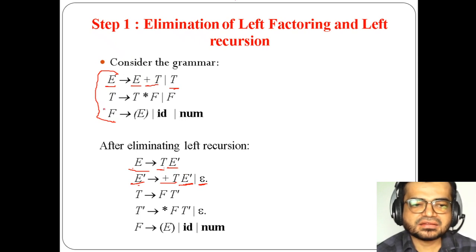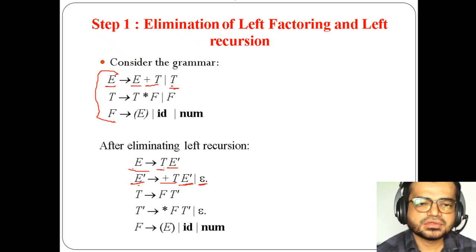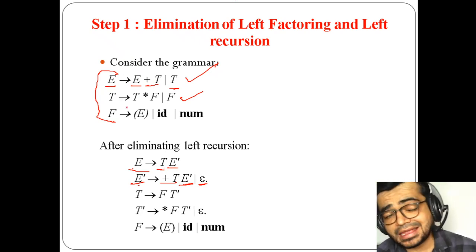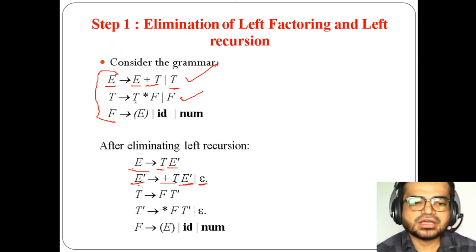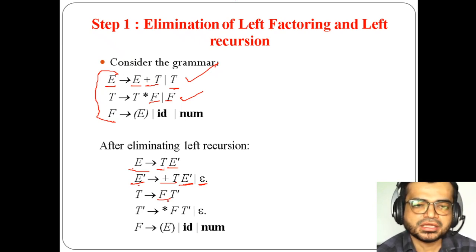The same problem exists in the second production. That was about the first production. In the second production also, T will be repeated recursively, that means T can get called recursively. If you observe this second production, F is there in both of these productions. So in the first line I have taken T goes to F, because F is common in both productions, and instead of T here I have taken T dash, just as I have taken E dash before. So F T dash I have taken now.